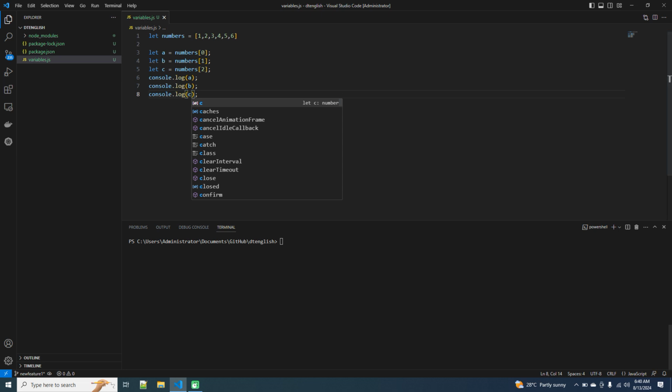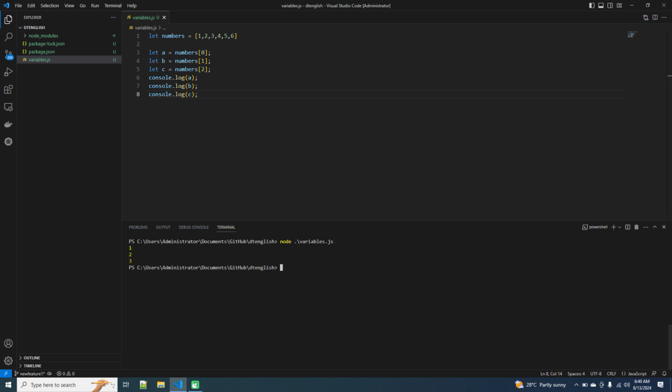Right. So this is how we usually assign values of an array to individual variables. This takes 3 lines, and if I want to assign all the 6 values, then it will take 6 lines. This is the traditional way, which is without destructuring. But